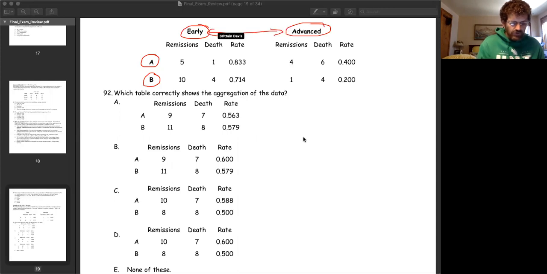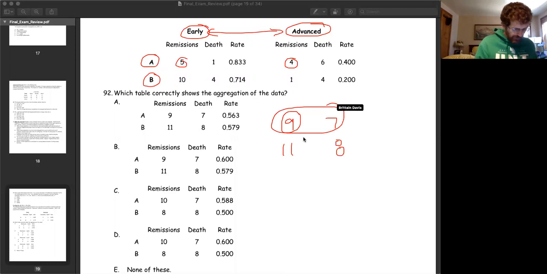I'm going to just combine these. So remissions from A are going to combine together to make 9, and then 7, 11, and 8. So that part isn't too bad. Now we want to figure out the actual remission rate. So it's going to be 9 out of the total. 9 out of 17, or 9 out of 16 means I'm going to have a